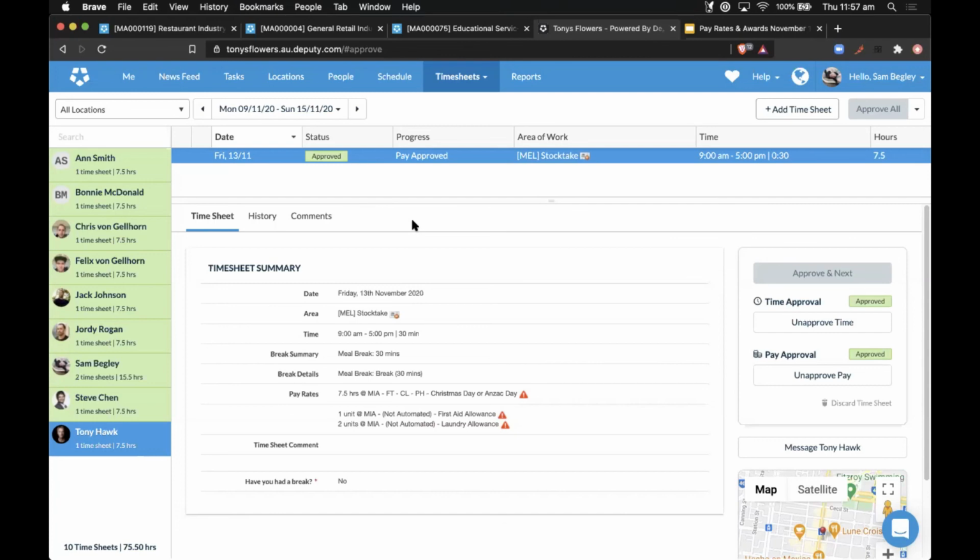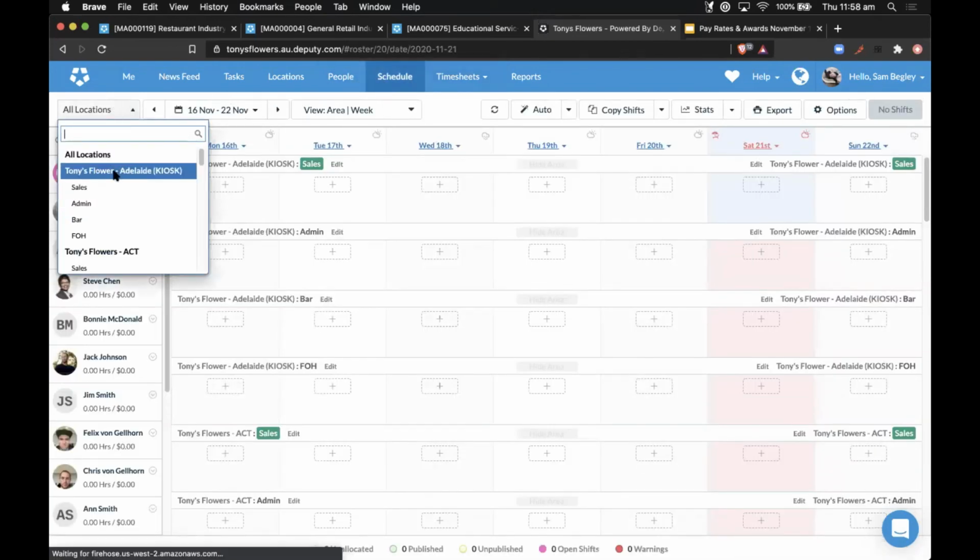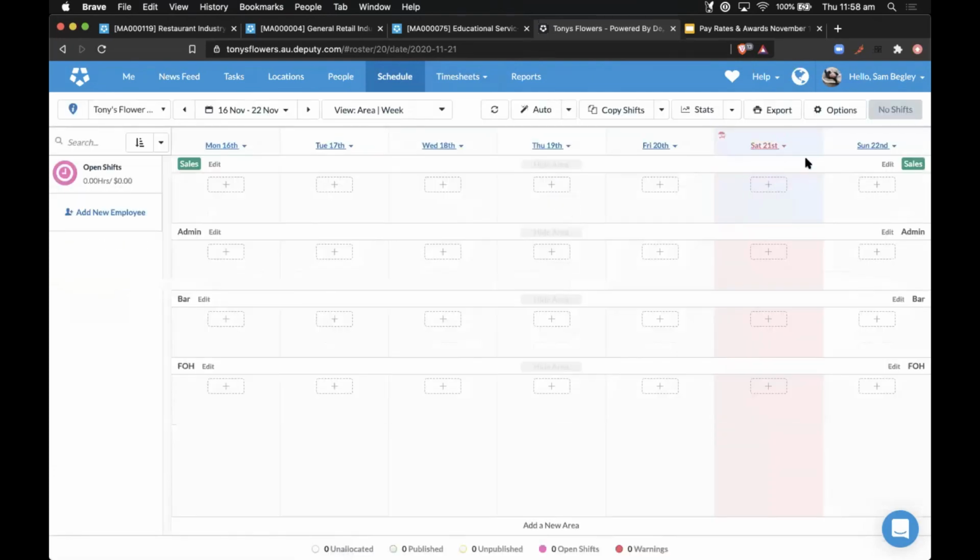What we can do to automate this for you is create a location that you call public holiday not worked, for example, with an area in it called the same way. And then you can reach out to our support team. We can then take that specific location out of your public holidays, meaning if you attach a public holiday to a certain day, it will keep that particular location out of it. So if we go back to, you're in the Saturday, right? The 21st. Yeah. So if we scroll, let's say, to the bottom, there would be a location that wouldn't be red in the background then.